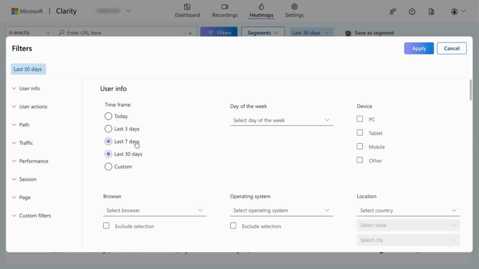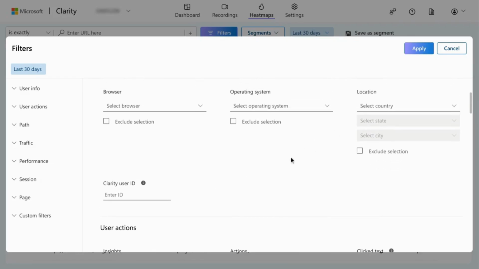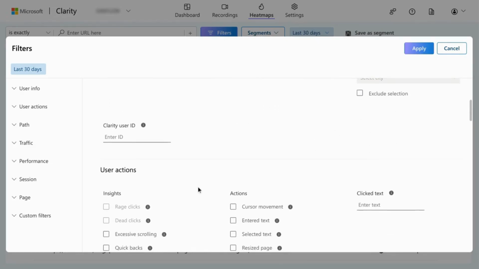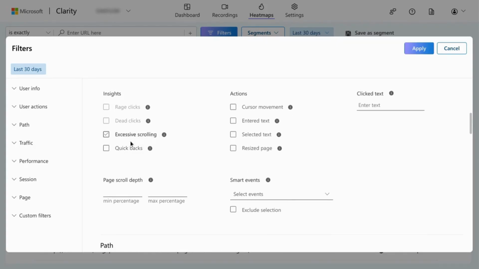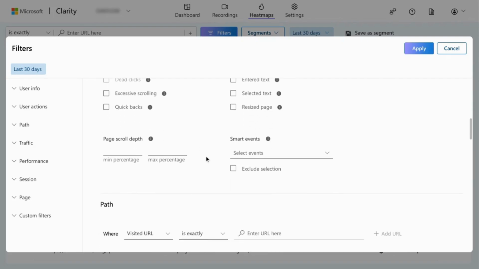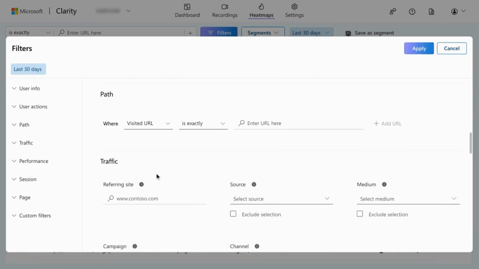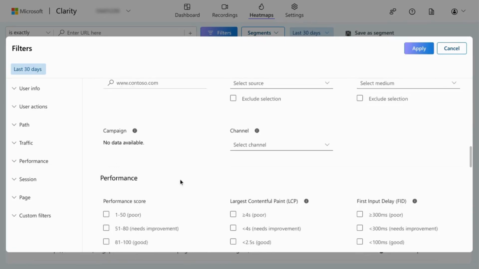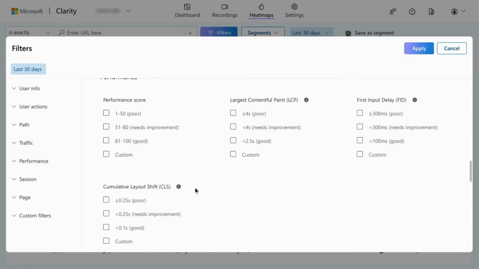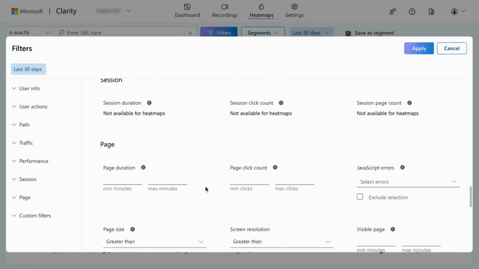Click on filters to configure any filter settings you want to add. You can configure day of the week, device, browser, operating system, location, Clarity user ID if you're sending custom user IDs to Clarity, user actions like rage clicks or excessive scrolling, other actions, page scroll depth, click text, events that you've configured, URL path, traffic from specific referral sources, channels, performance scores, session duration, session click count, page